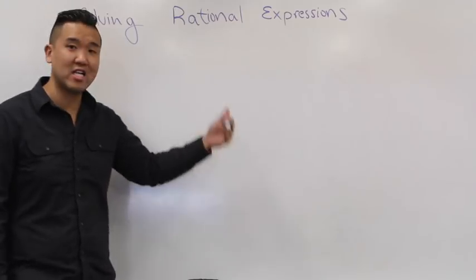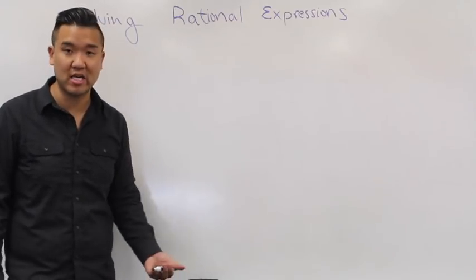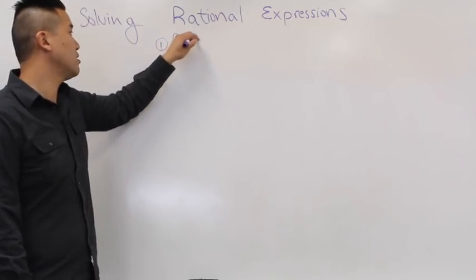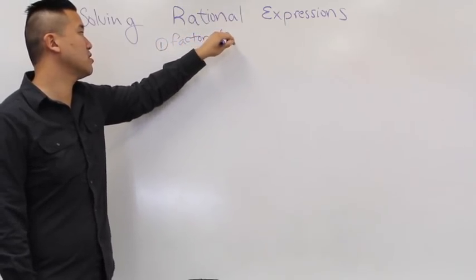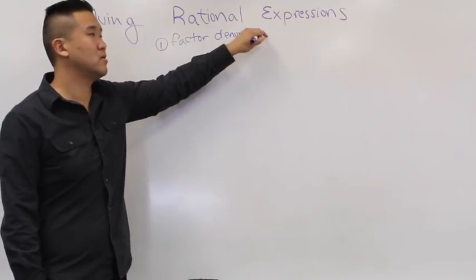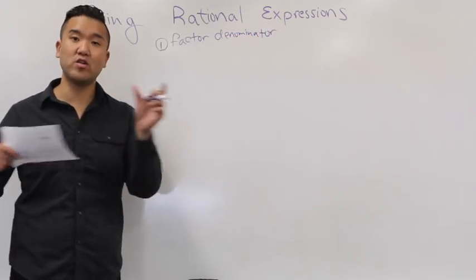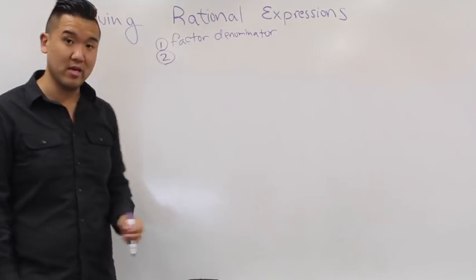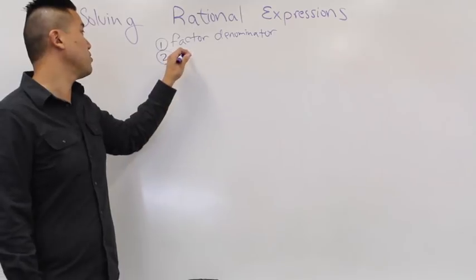Today we're solving rational expressions. Now there's an equal sign. Your first step is to factor the denominator. Factor all your denominators separately. Your second step, once you factor them, you want to figure out what